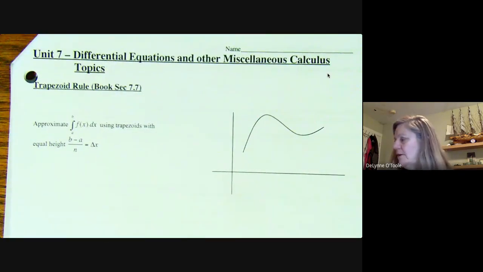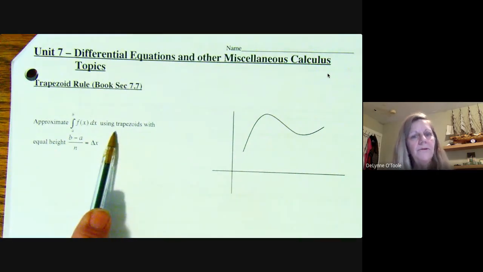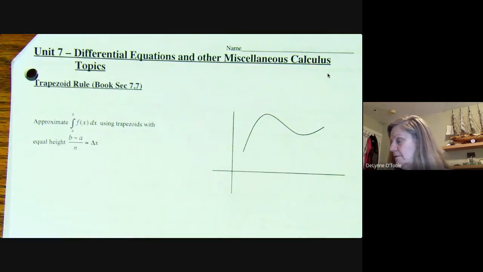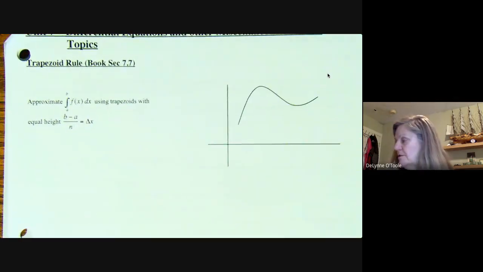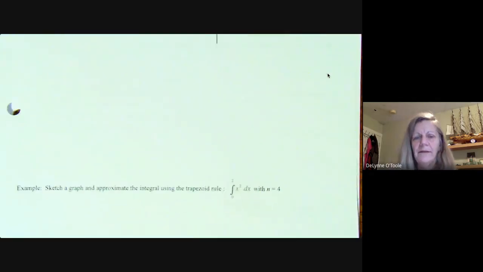Trapezoid rule, watch the video. What the trapezoid rule is, just to let you know if you haven't had a chance yet, is another way of approximating an integral, but instead of using rectangles, you're going to use trapezoids. It's a more exact method. And really all you need to know is the formula for area of a trapezoid is 1/2 base 1 plus base 2 times the height. There are several problems in the book for you to practice. We'll practice it again together a little bit later in the unit, but please make sure that you watch the